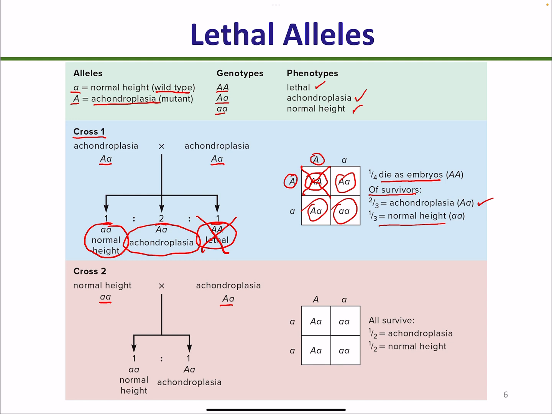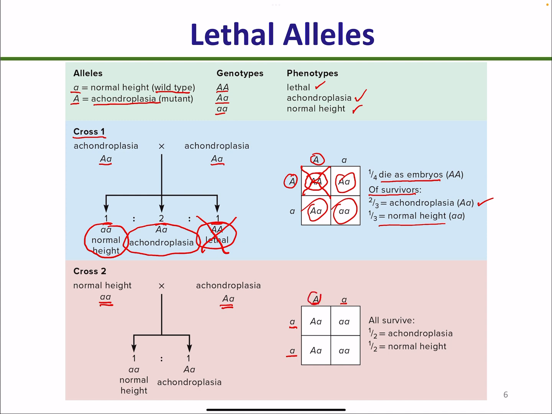How so? Well, for this parent, the gametes are going to be necessarily lowercase a. While for this parent, the gametes are going to be capital A for one and lowercase a for the other,